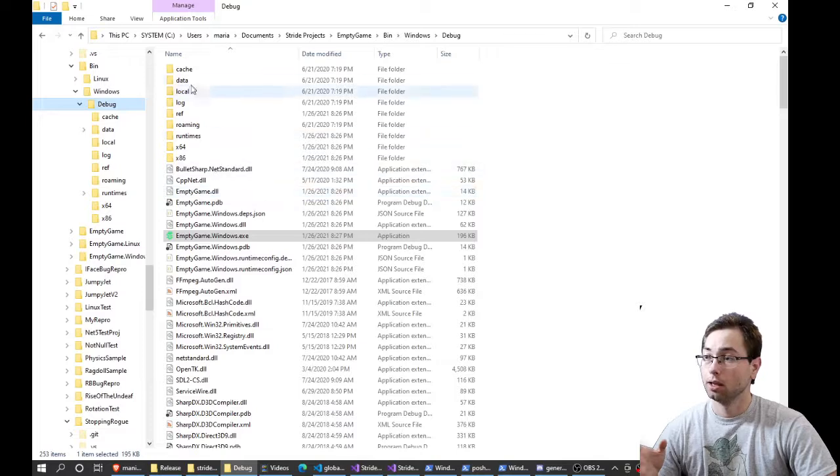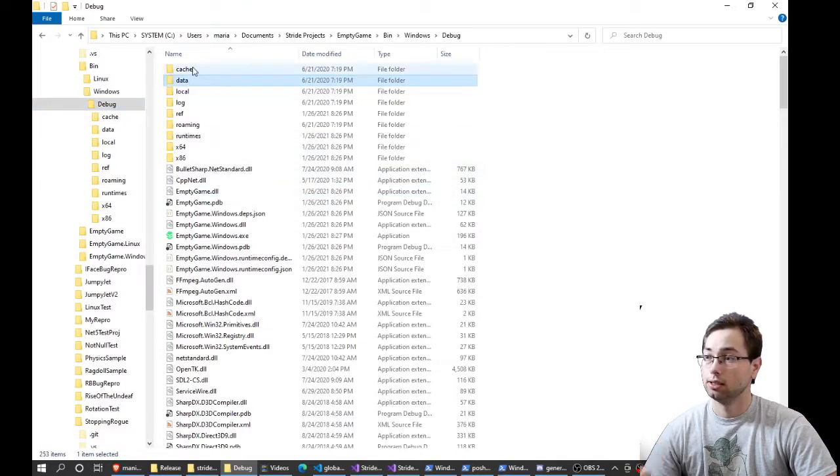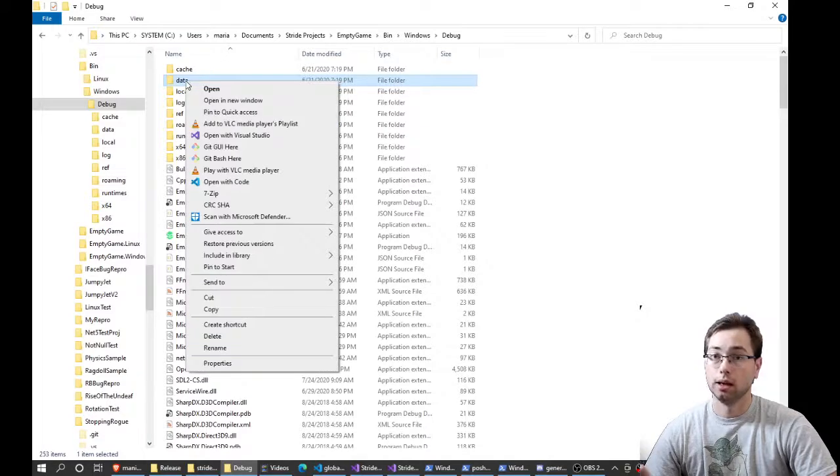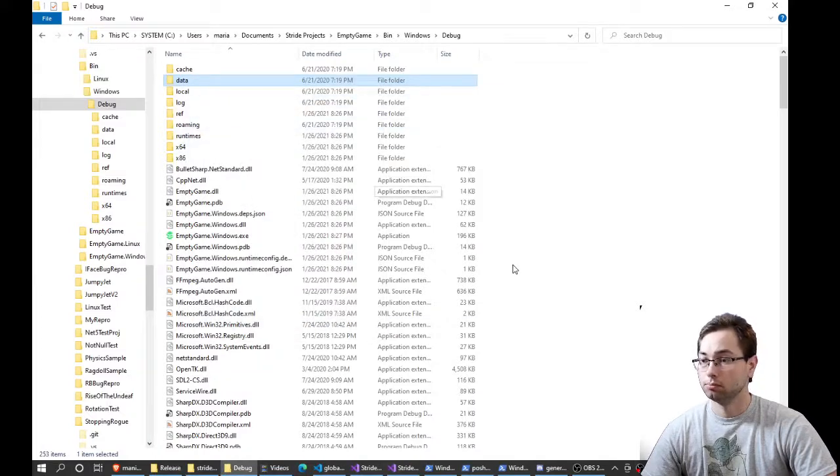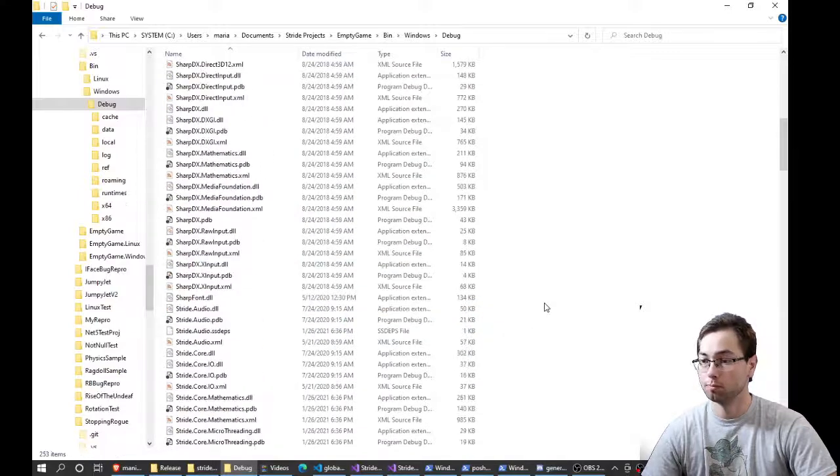Here we can see these folders: the cache, data, local, and roaming, most of which, except the data, are empty. The data folder is basically the store of all assets compiled into your game that are not code. Here we can see it's just about 6 megs, and I've made a small tool which can show me